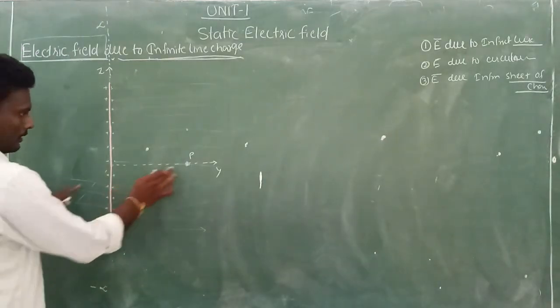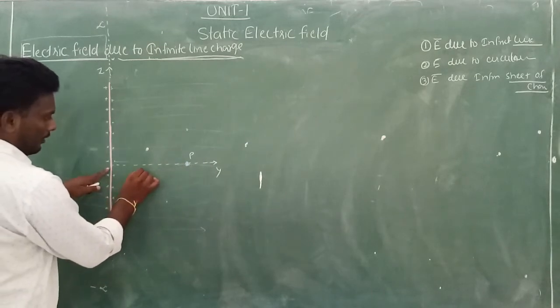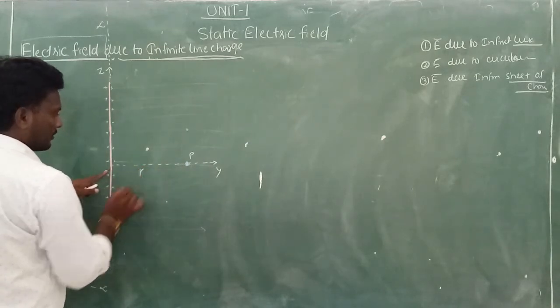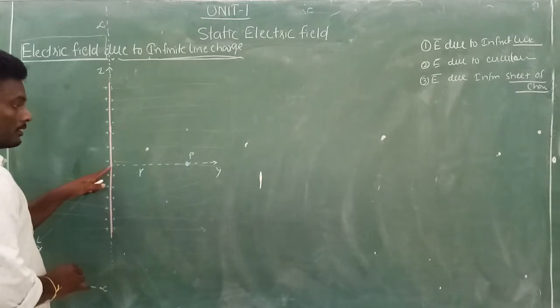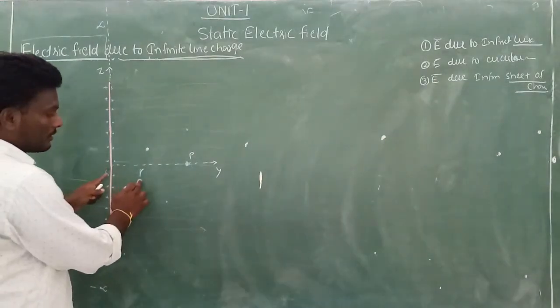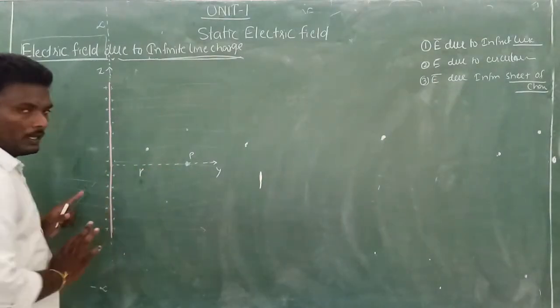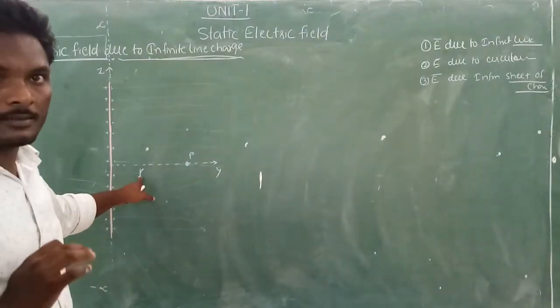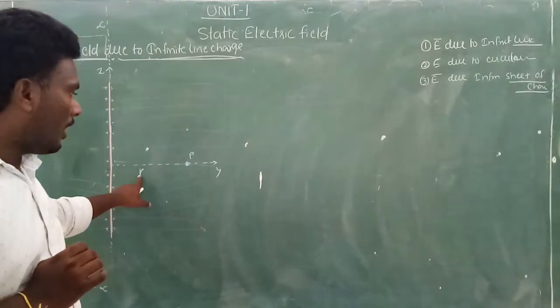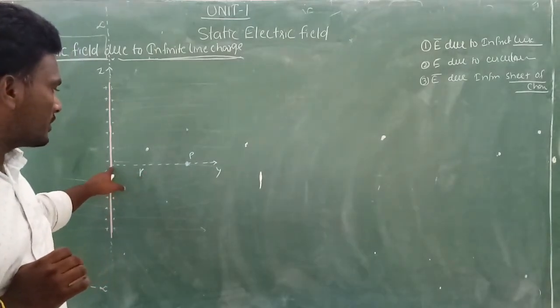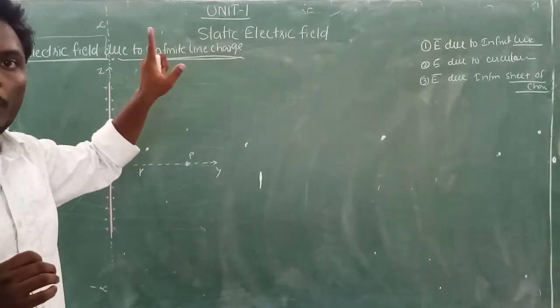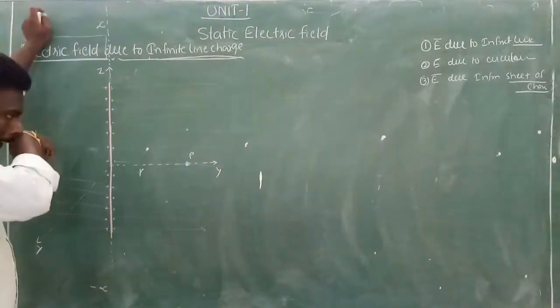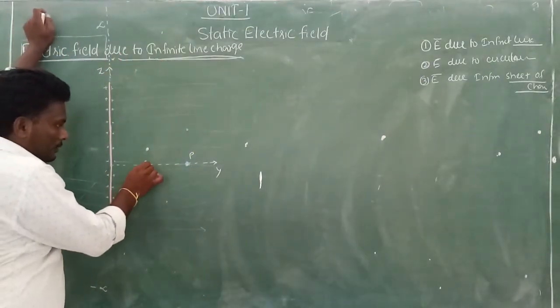Imagine that this point has a small r distance. It is just the distance from the origin to point P only. It doesn't indicate any coordinate system axes. My r is just here to indicate the distance between the origin and point P only. And see in which direction this point is there.